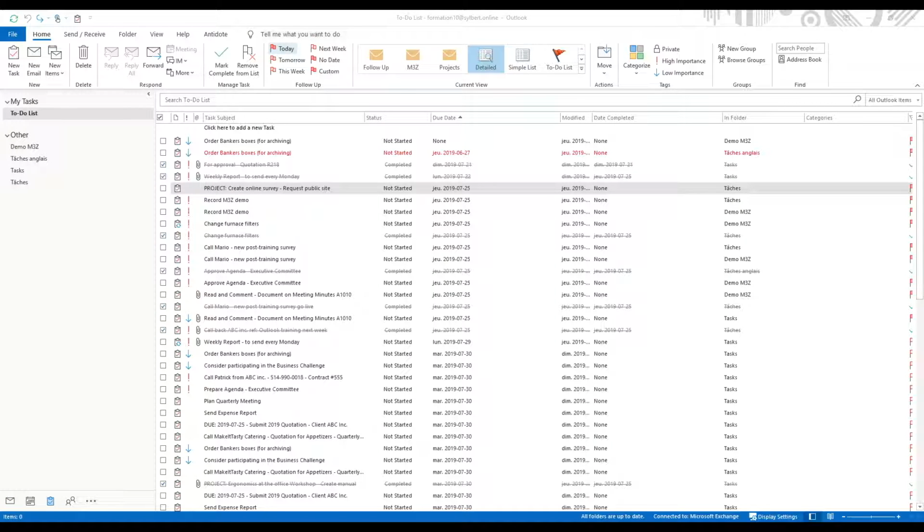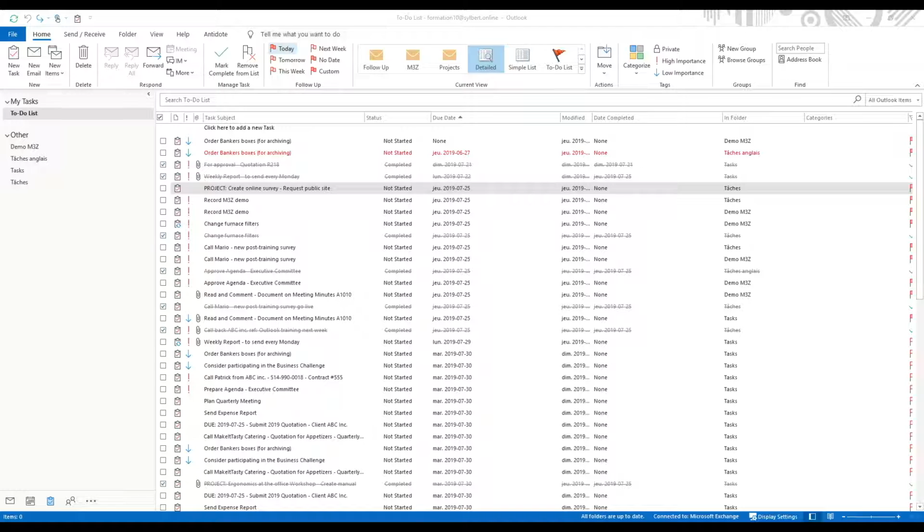One last thing I want to show you that is also part of the M3Z training is how to work with your task folder. So I'm in my task folder here. I have my huge list of tasks of all my to-dos. And by the way, if you've tried using Outlook Tasks before, you've probably ended up with that huge list of tasks in your inbox, and you've probably just abandoned using tasks because it was just too heavy to manage.